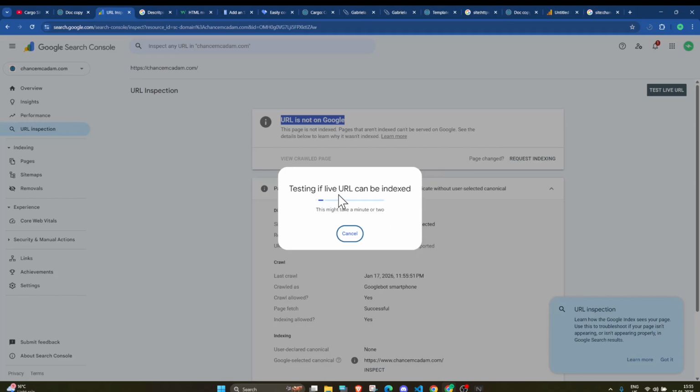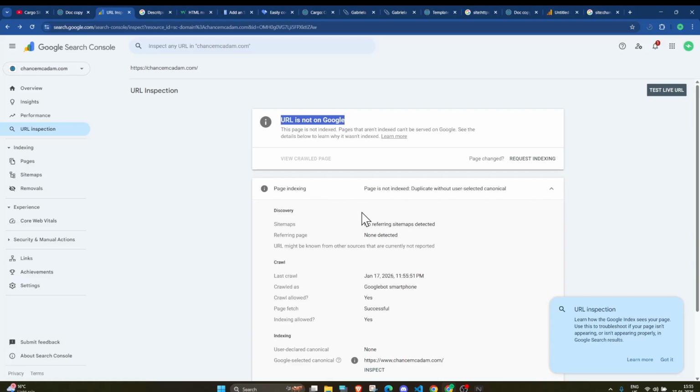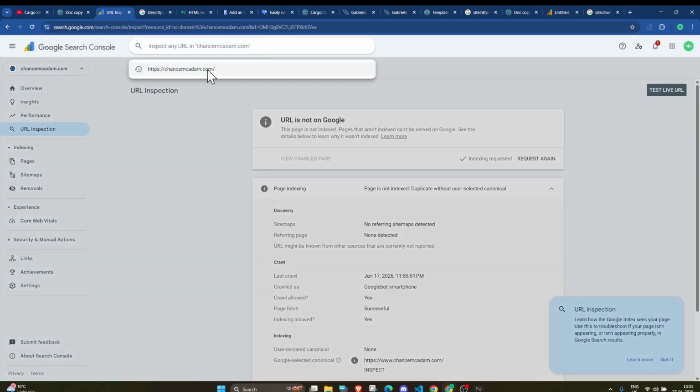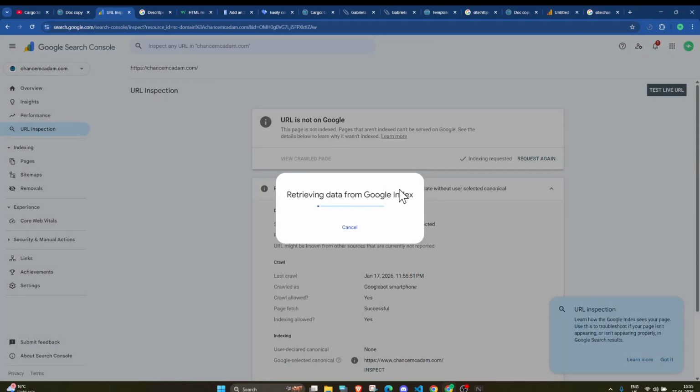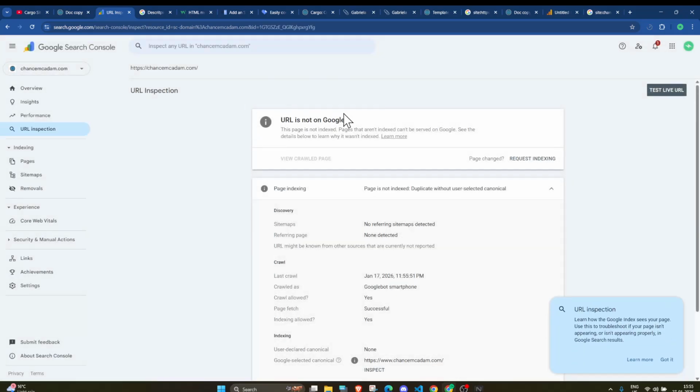It will take a few minutes. After that, it will take a few days, and you can check again here and submit the site, and then it will show that the URL is now ranking on Google.